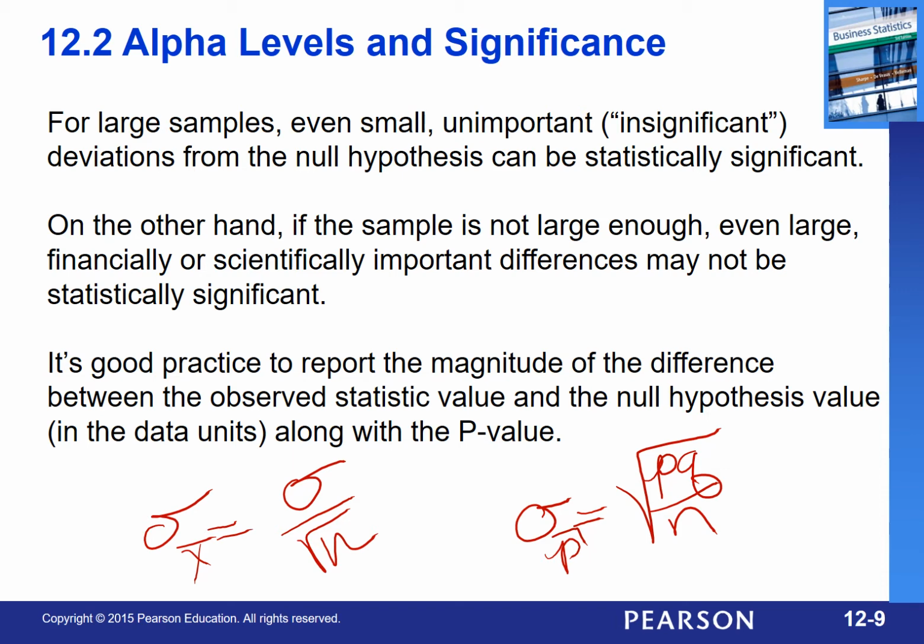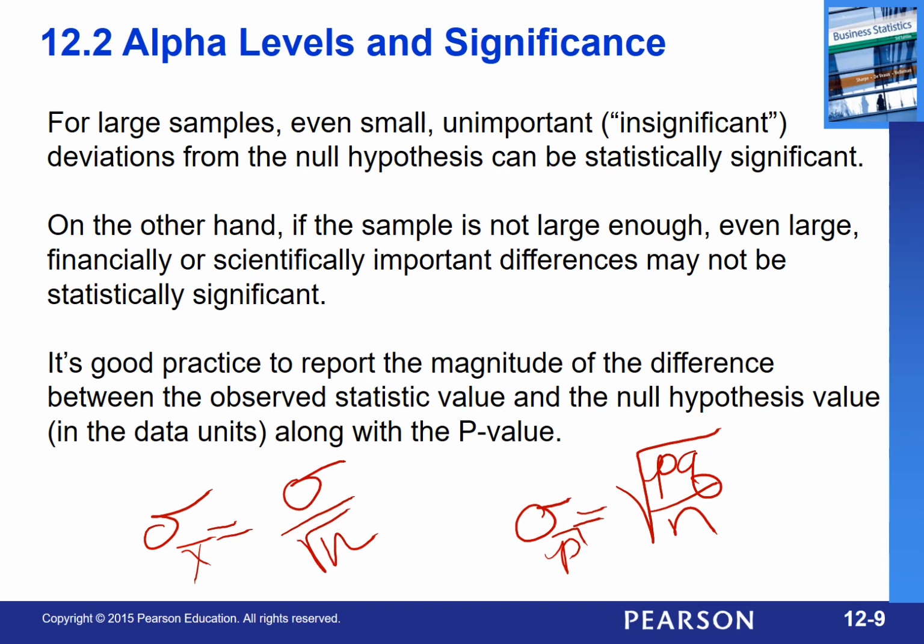Now, one thing to be cautious about is that for large samples, or even small ones, unimportant, insignificant deviations could actually register as being statistically significant. One of the reasons this occurs is because when you're calculating things using statistics, and in particular using the sampling distribution, your standard deviation, whether it be for the mean, for a proportion,